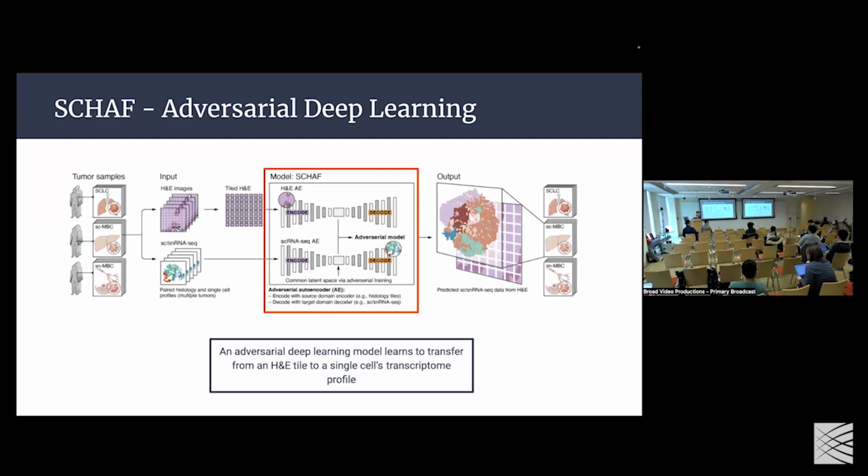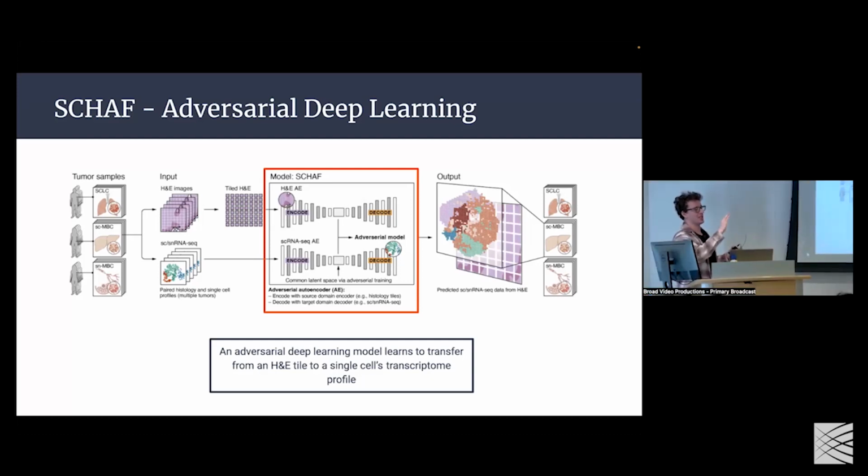Yes. When you're doing the tiling, are you purposely making sure that there's one cell in each tile, or is it just a random one? Excellent question. In order to set up the stage for future work, because it would be great if we segmented the cell and did all this stuff to make it better, we wouldn't be able to do that if we just did that initially. I'm just kidding. But the cool thing is we just ran the first experiment, just sliding a tile, not really thinking about segmenting or anything like that. And the results were actually pretty nice. So we said, oh, this is cool, we should keep doing this. With that being said, in this iteration of the work, we do not do that.